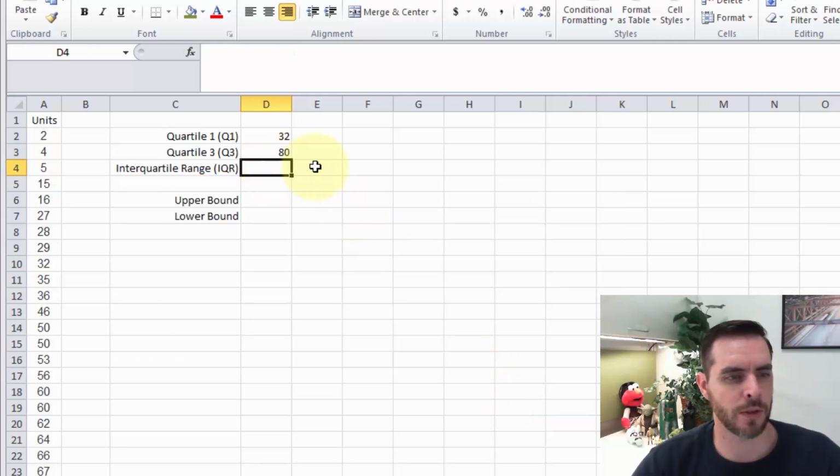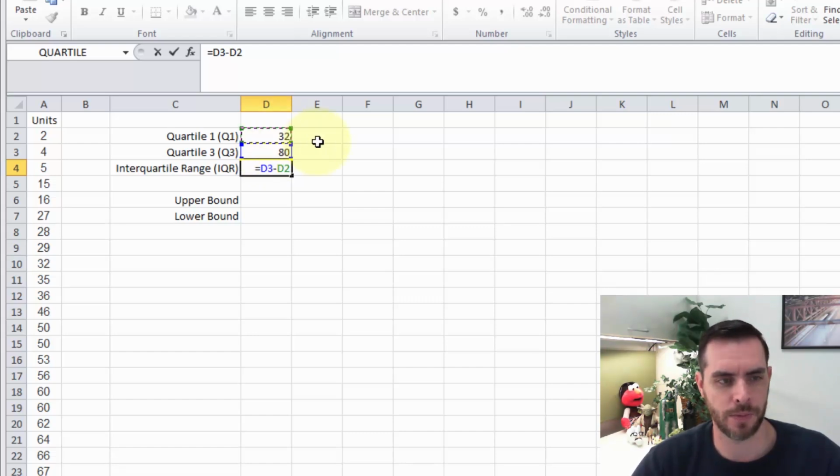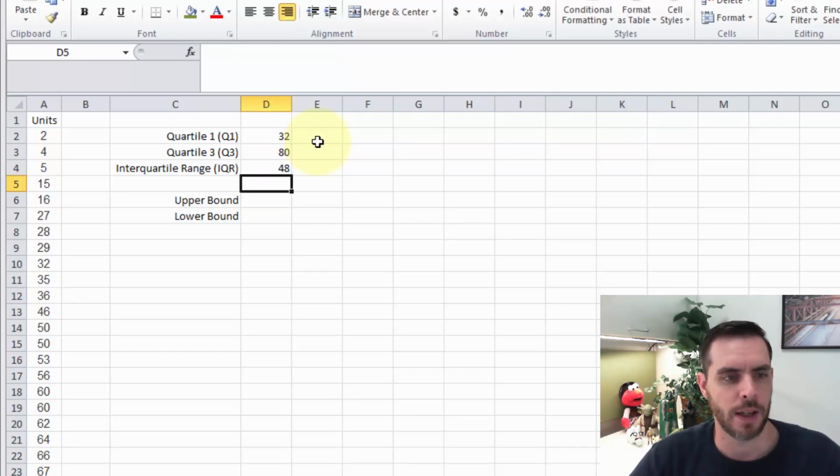Now we need to solve for the IQR, or interquartile range, and we'll say equals D3 minus D2, and press enter. Now we have our IQR, and so now we'll need to solve for the upper bound, and for that we'll